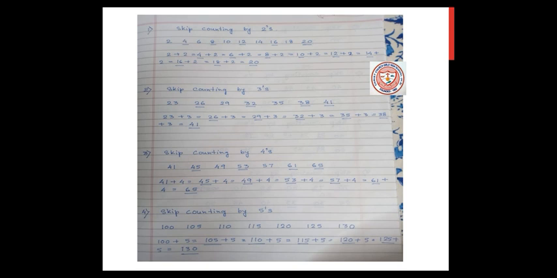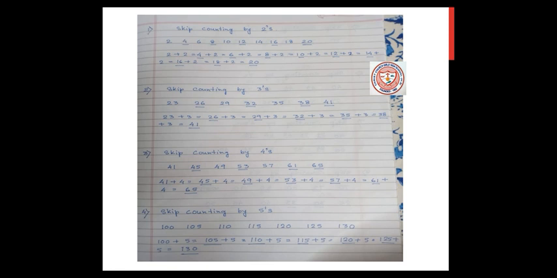Skip counting by fours is counting every fourth number. You add 4 to get the next number, like 41 plus 4 equal to 45, 45 plus 4 equal to